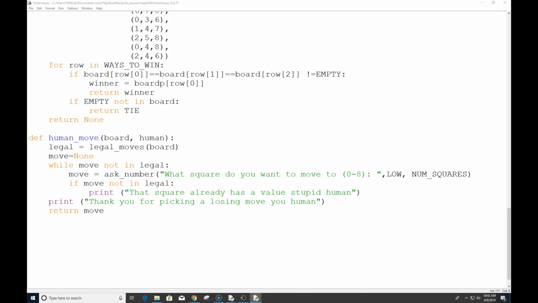So what's the best square to go to on the board? If I'm starting out, what's the best square on a tic-tac-toe board? The center. So the computer is going to look at that and try to go into that first. So we're going to look at a way we can determine that. So we will start on Thursday determining the computer